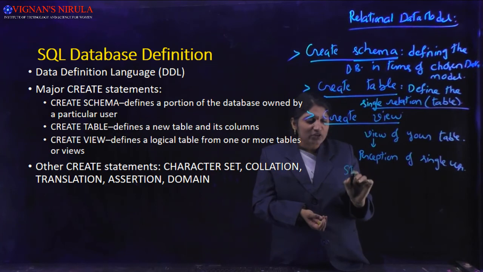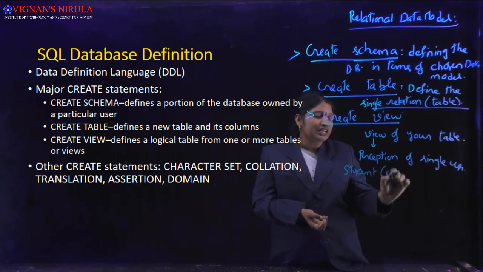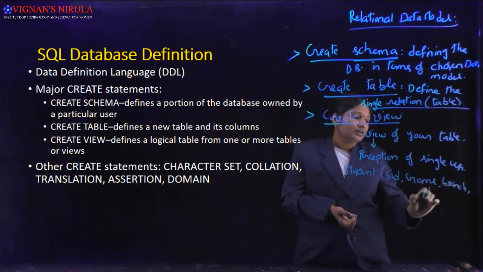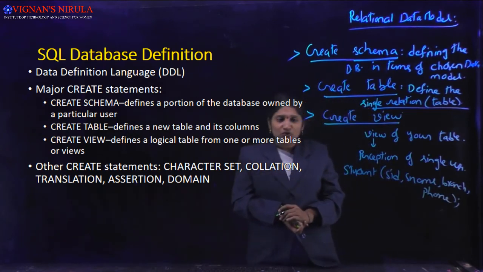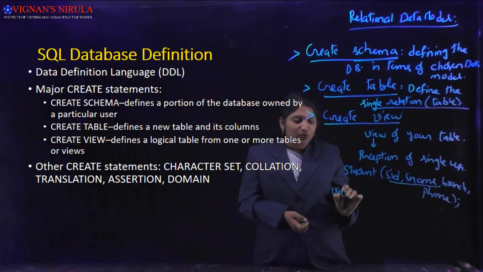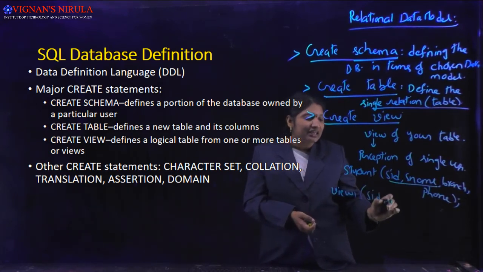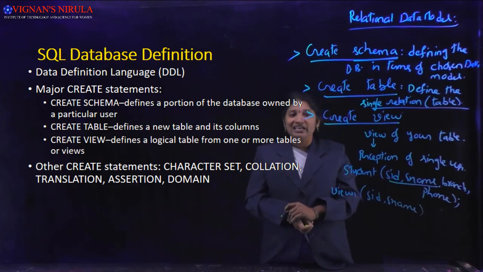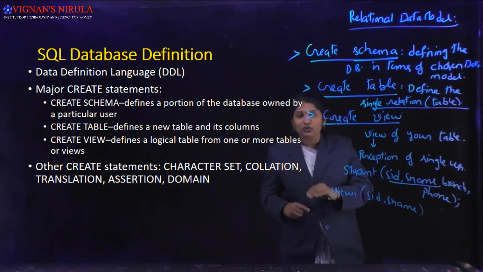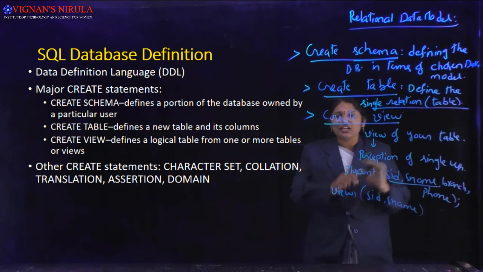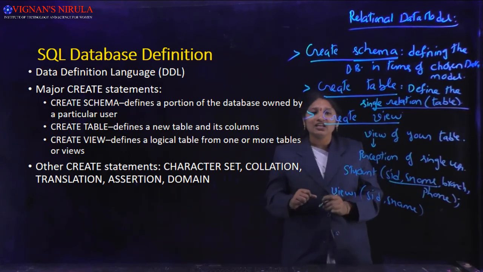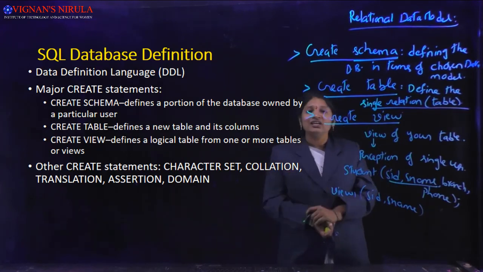For example, if the student table consists of student ID, student name, branch and phone number, and a particular user wishes to retrieve only SID and SName, I can create a view, view 1, consisting of only SID and SName. That means a view indicates the part of the database in which the user is interested, or the perception of the user against the database can be defined as the view. In order to create a single perception for each and every individual user, we can create views. In order to create the views, we use the create view command.